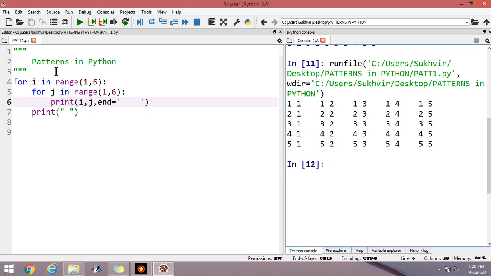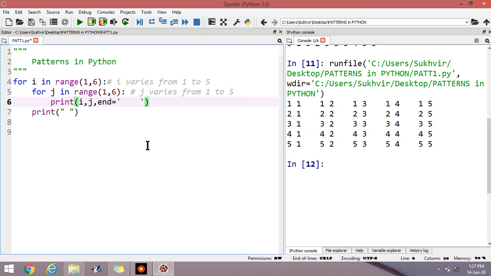Now what is the meaning of this inside the loop? For i is equal to 1 to 6, basically i varies from 1 to 5 and also j varies from 1 to 5.